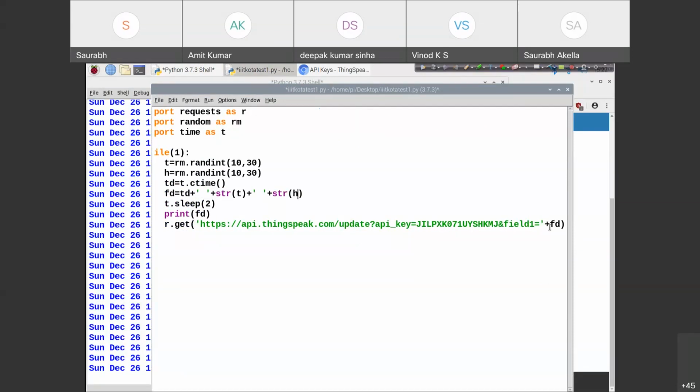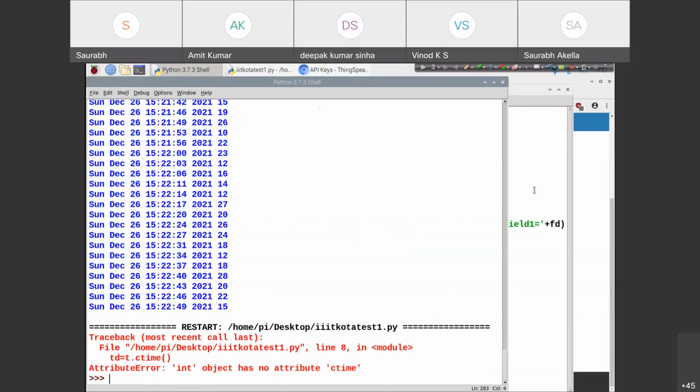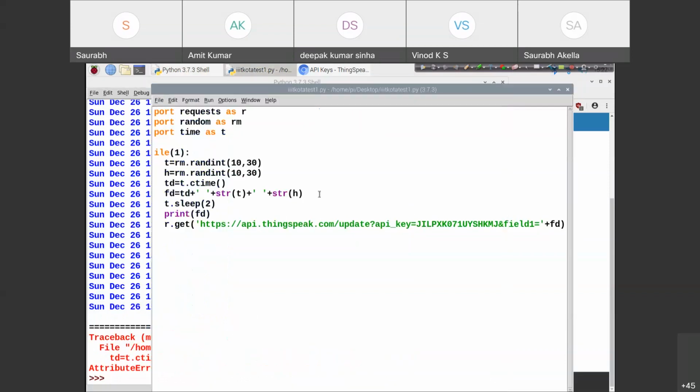And we'll be able to share the entire data to the cloud again. Just run this, see time. Okay, T, okay. So instead of TEMP, because T is already meant for time basically here. So T.